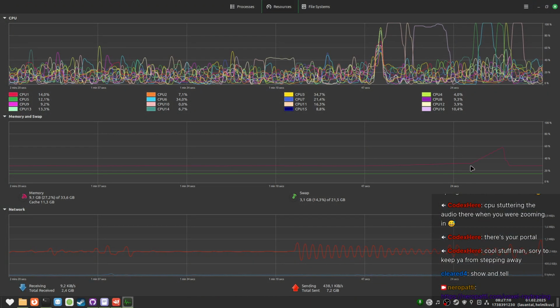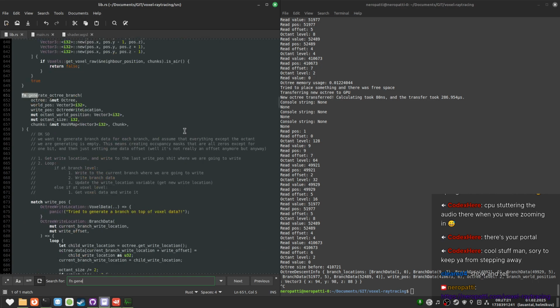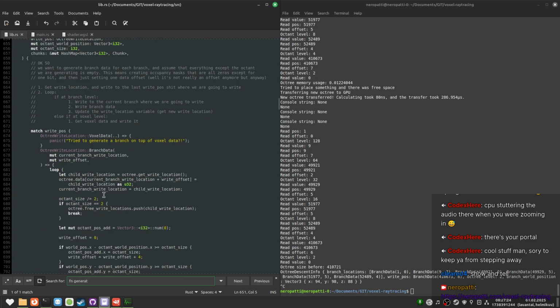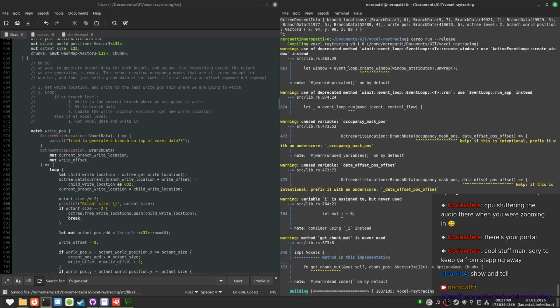Also, you can see my memory usage started rising. That's fun. I'm guessing we never got to here. Also, I'm 100% prepared to not finish this stream.